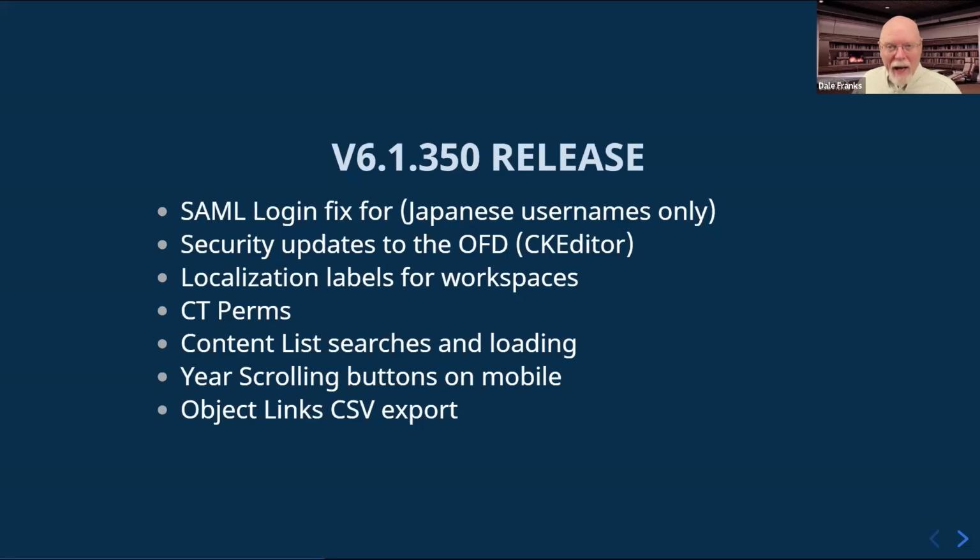Some systems are running out of memory trying to load all 2 million items plus of the content list, and the system was timing out, not being able to return that many records and also to write them on the screen. So we've changed the content list and the way it works so that if you have a very large content list, then it's only going to return items in the content list as they're needed.